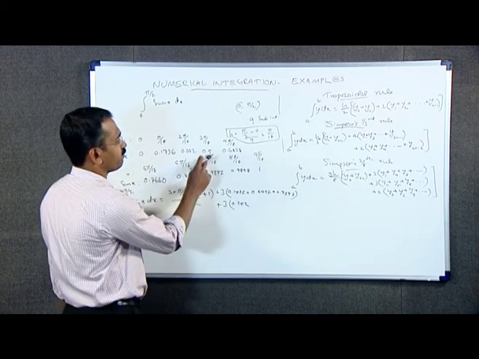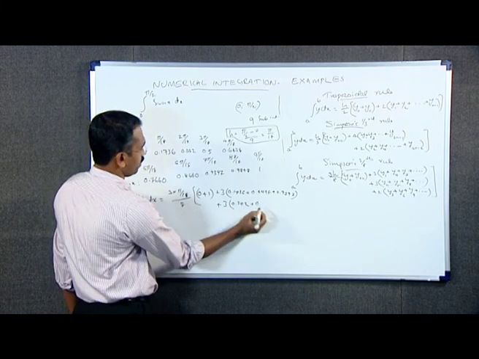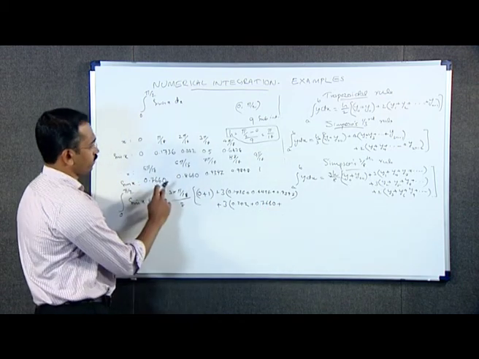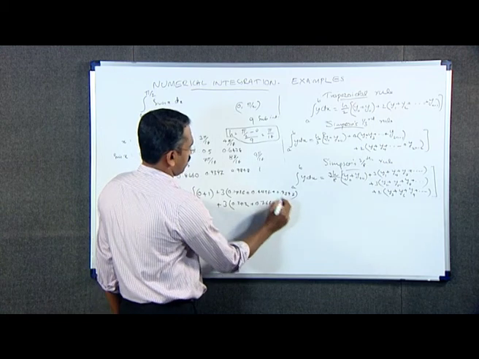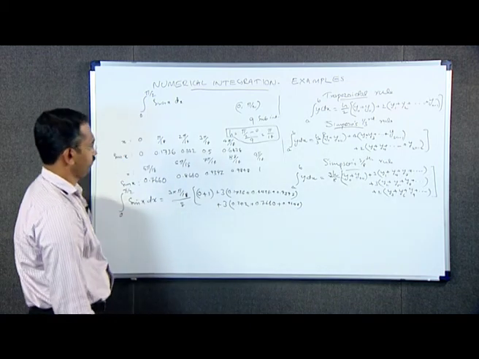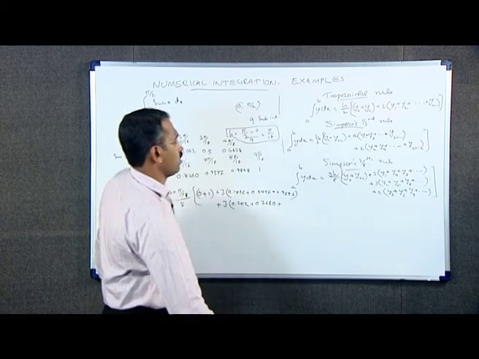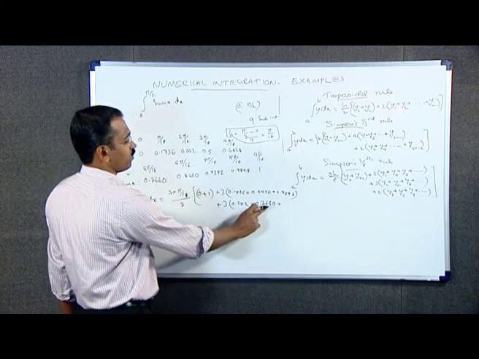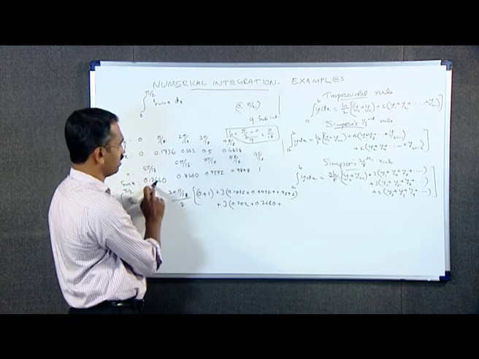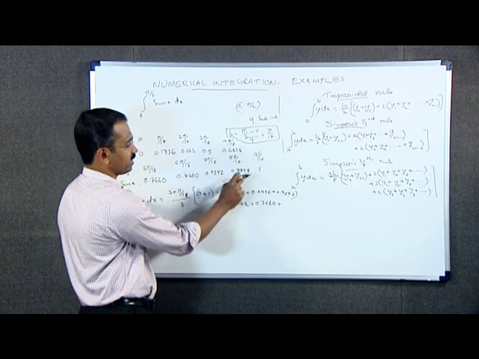Now is y5, which is 0.7660 plus 0.9848. Sorry, this is y2, y5, y0, y1, y2, y3, y4, y5 is this. Next is y8, y6, y7 and y8. Okay,